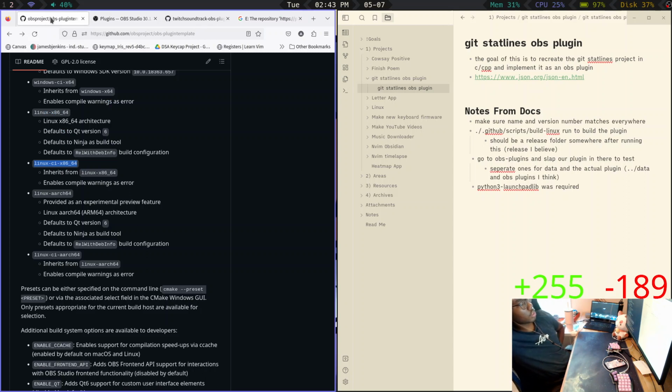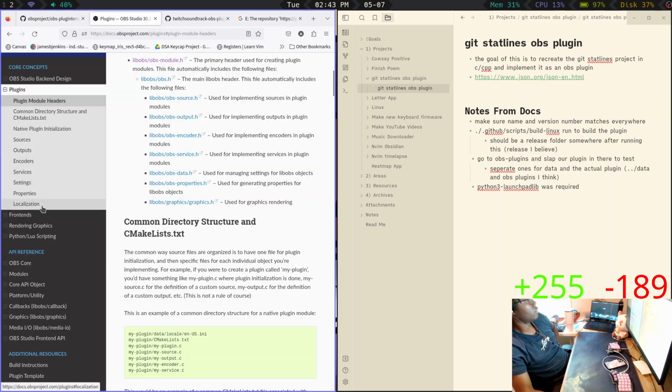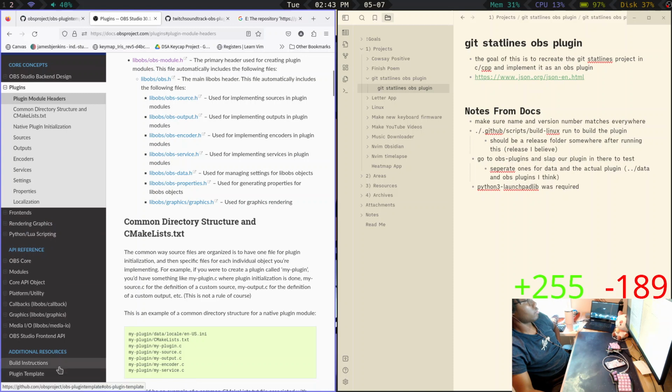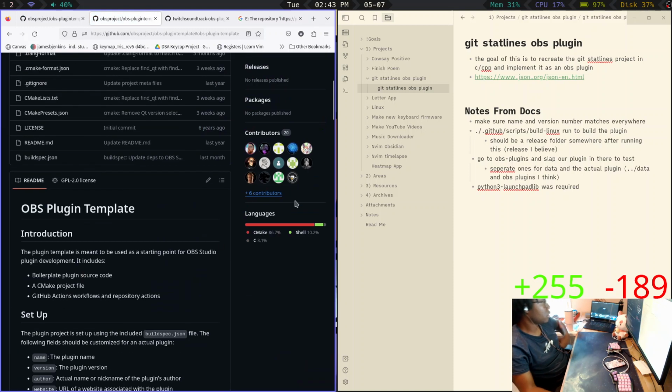Because if I can't build it, or maybe I'm building it wrong, but there are no build instructions in here. Yeah, I just need to read it again. Let me read it again.